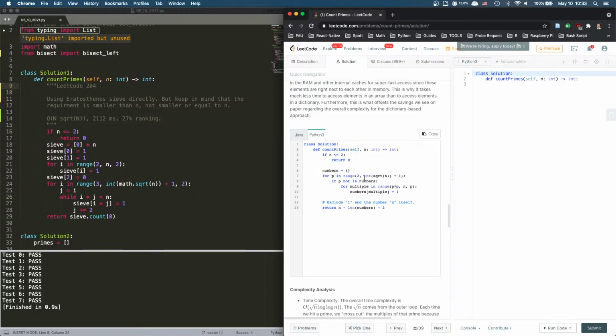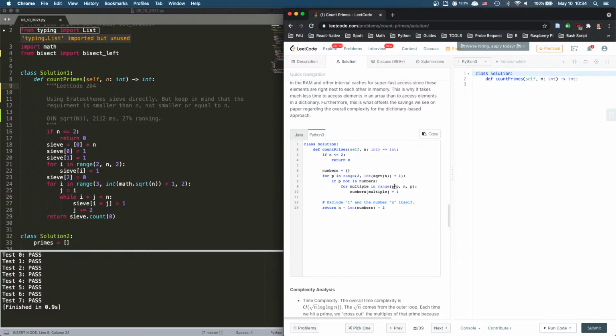So this is all the values, 2, 3, 4, up until square root. And if we have not counted for multiples in range p times p, so this is to count all the multiples of p, right? P, oh, it's the same thing. This is to find all the